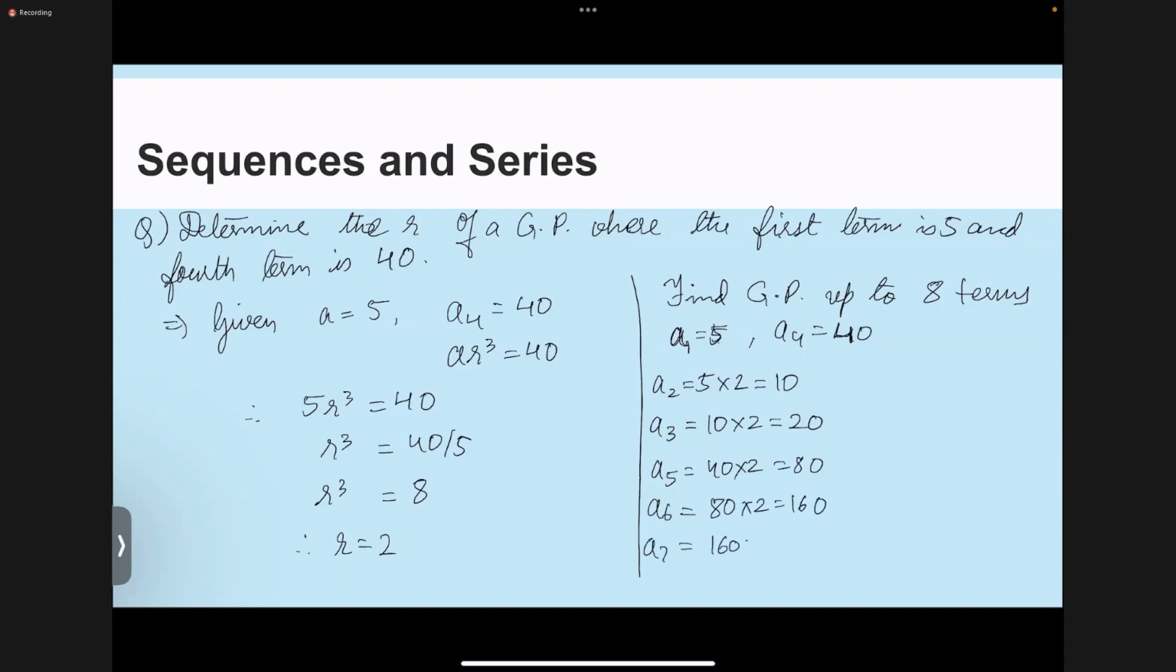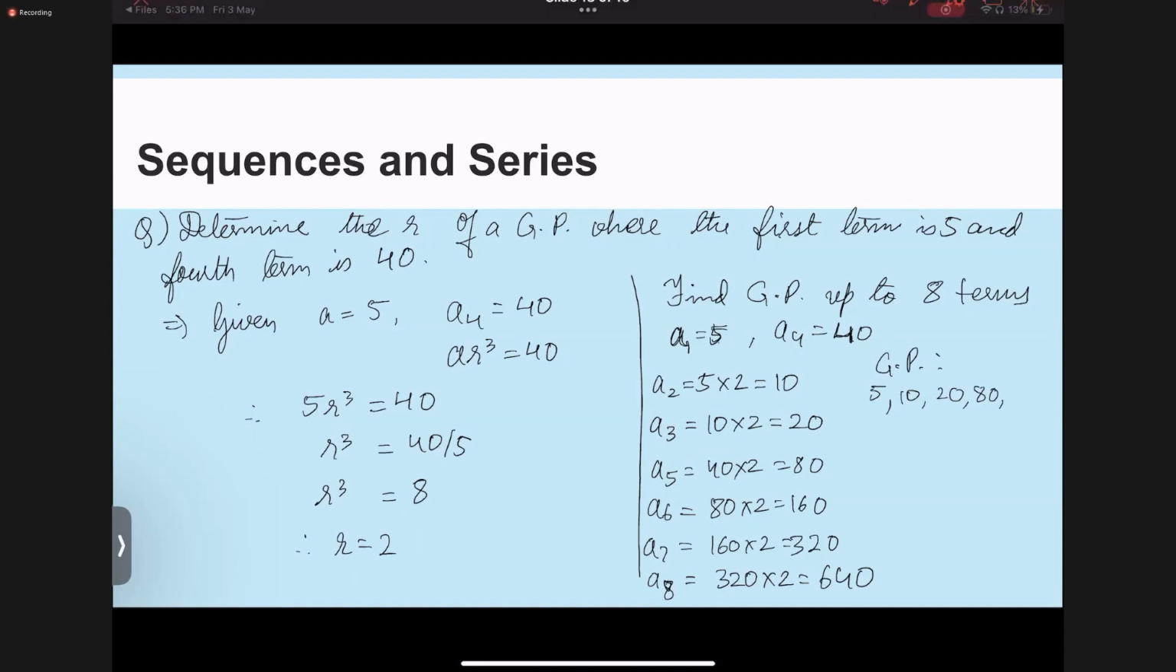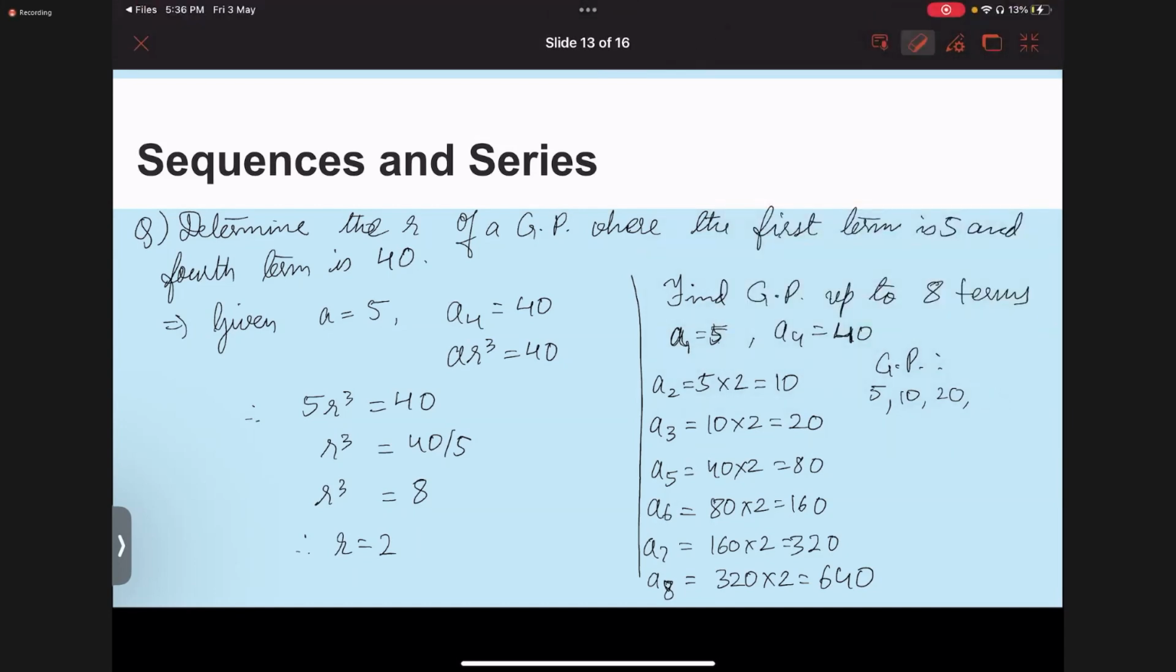A7, 160 into 2, is going to be 320. And your A8 is going to be 320 into 2, which is 640. Okay, so your GP is starting from 5. GP is 5, 10, 20, sorry, there will be 40 over here. So 40, 80, 160, 320, 640. Okay,